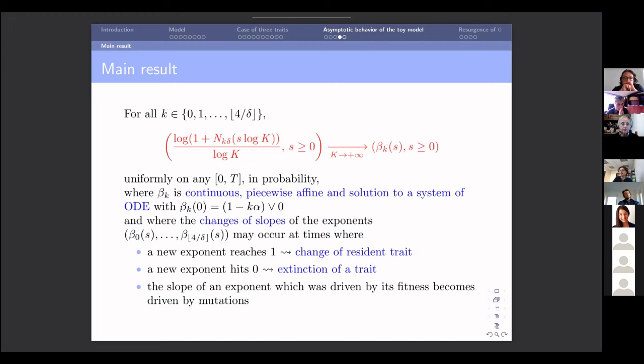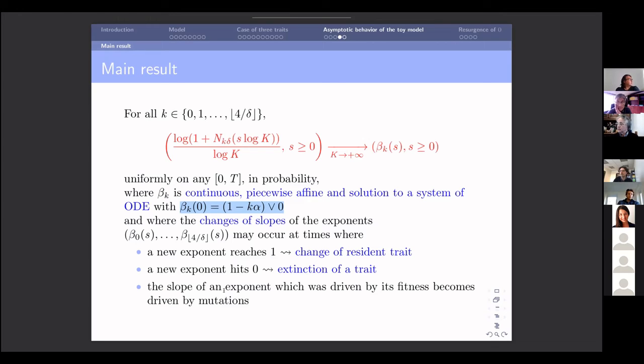And so this is the initial value, so I already explained that. And we have changes of slope that may occur depending on 3 cases, 3 situations. Either there is a new exponent which is the value 1, which means that you have a change of resident trait, as I explained. Either you have a new exponent at value 0, which means that this trait is getting extinct, or